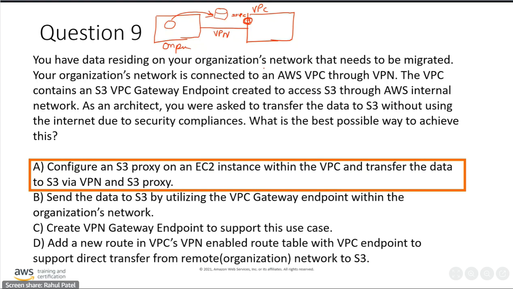But the data will be transferred over the internet, no? Then how is it? Data is going to be transferred over the internet. Yeah. But again,